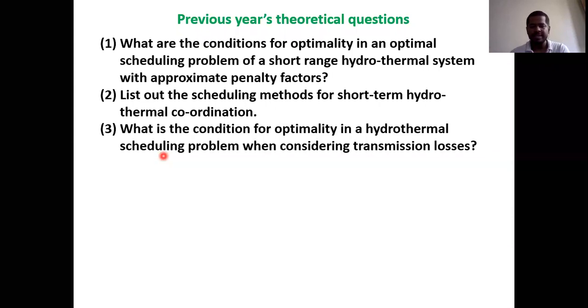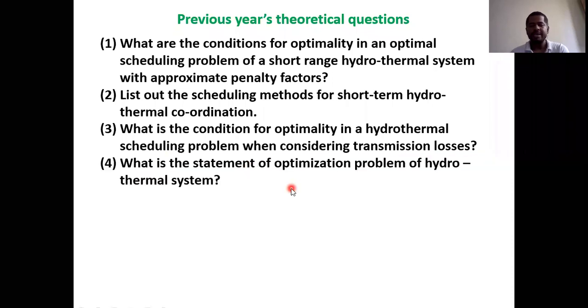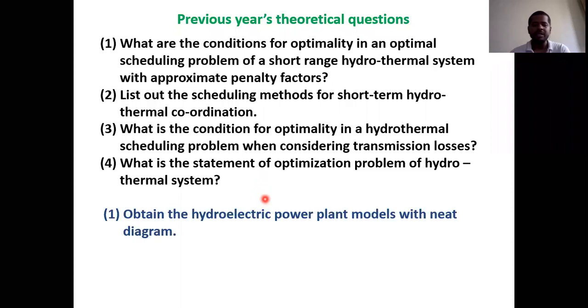And the third one is again a repeated question. What is the condition for optimality when we are considering transmission losses? And the next one is, what is the statement of the optimization problem of a hydrothermal system? In this class itself, we have seen the statement for the objective function and the statement when we are considering the constraints. So this is the 4th question. And these are the short answer questions from the last year's papers. And similarly,